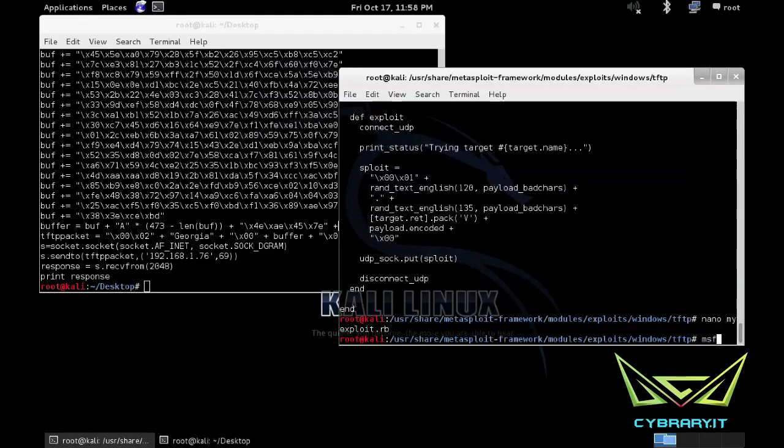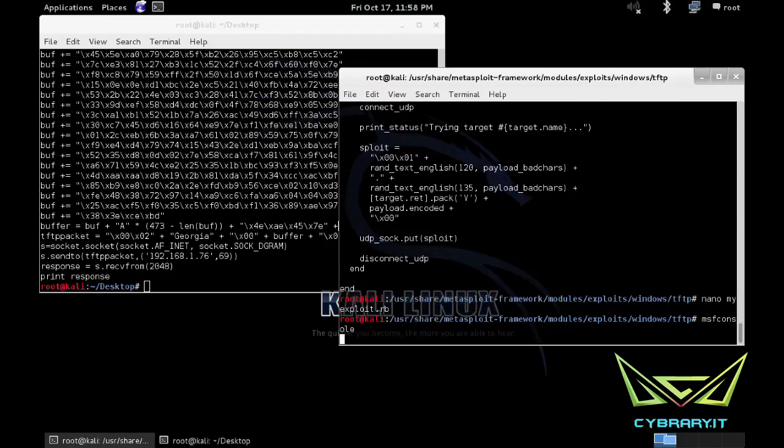Alright, so let's start up MSF console. And it's probably going to complain that the database isn't running, but that's okay. We can live with that. I'm just going to load up our module tree here. Hopefully it won't take too long. It'll probably take even longer because it's going to try and attach to the database, and I don't think the database is listening. Well, while that's running, let's go ahead and